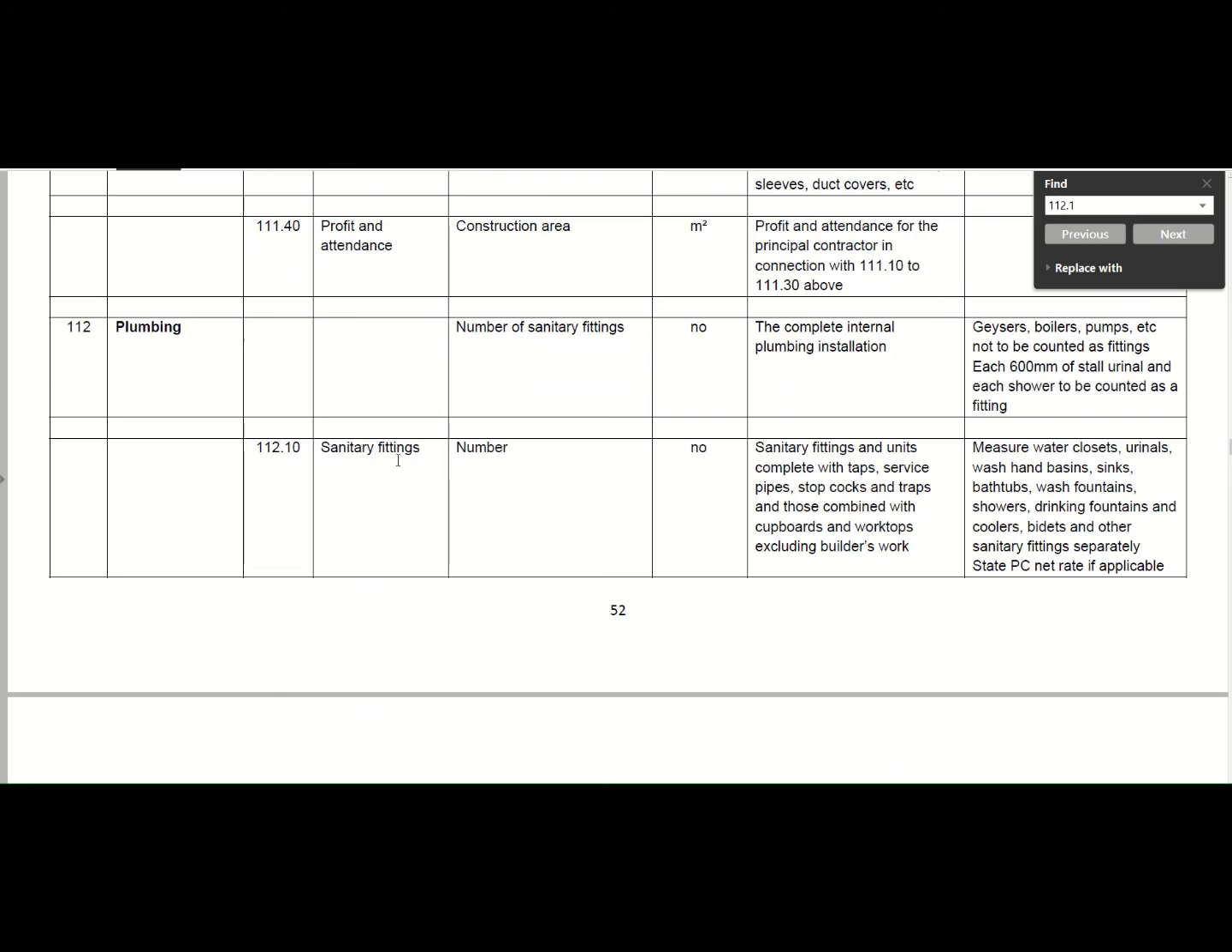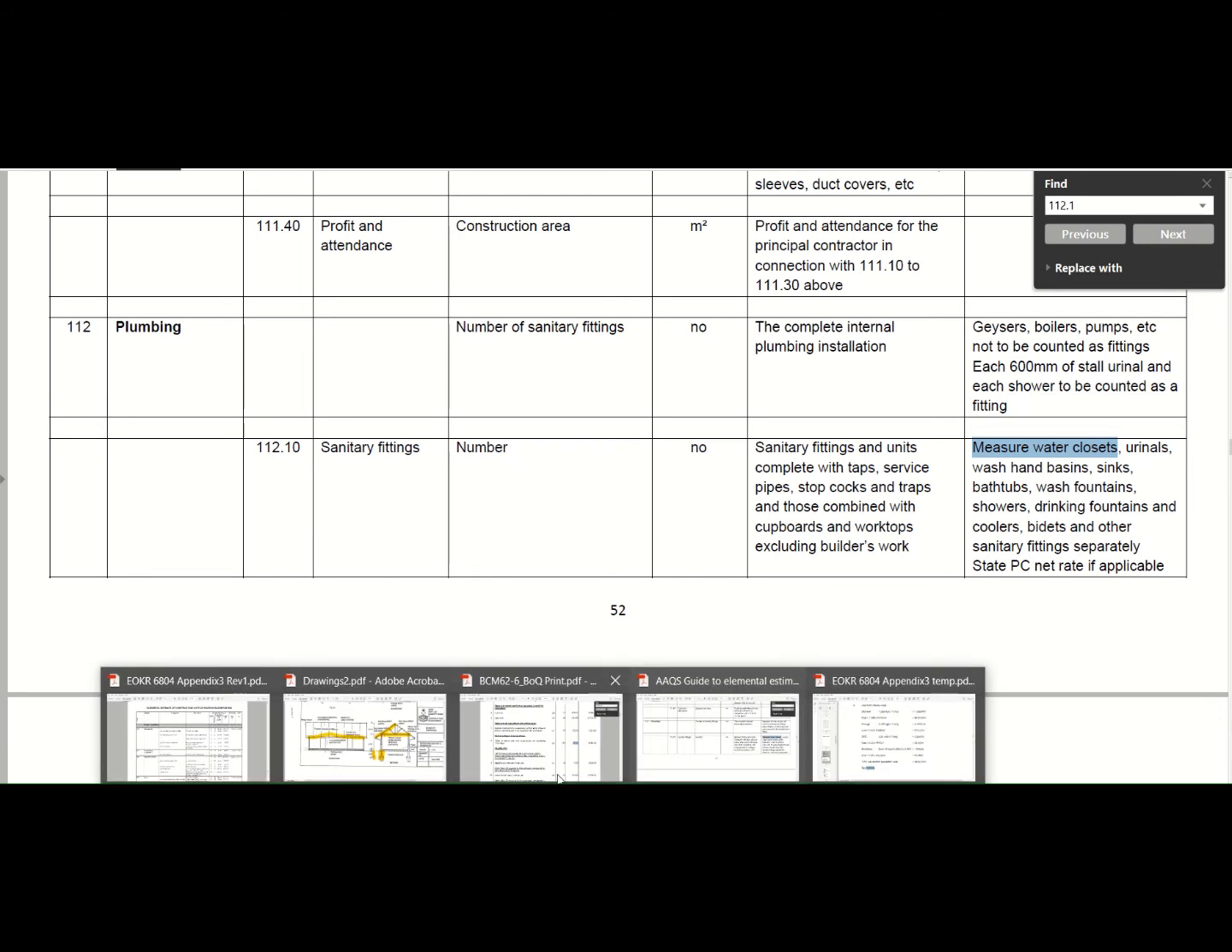Okay, so your sanitary fittings: number of fittings, sanitary fittings and units complete with taps, services, pipes, stopcocks, traps, etc., cupboards and worktops excluding the builder work. The main thing you want to try and do here is get to an estimate of how each item will fit. So it measures the water closets, urinals, wash hand basins and so on. Usually in your bill of quantities, you take your